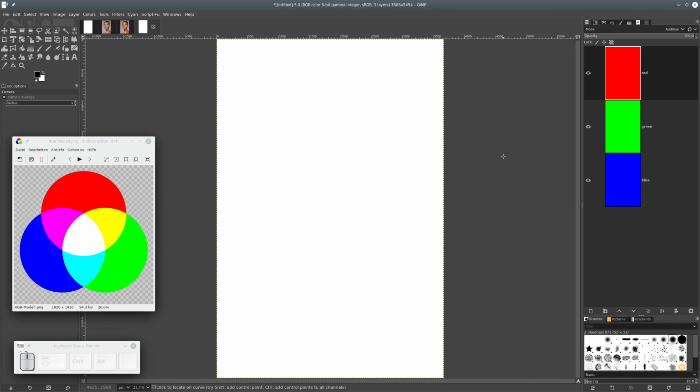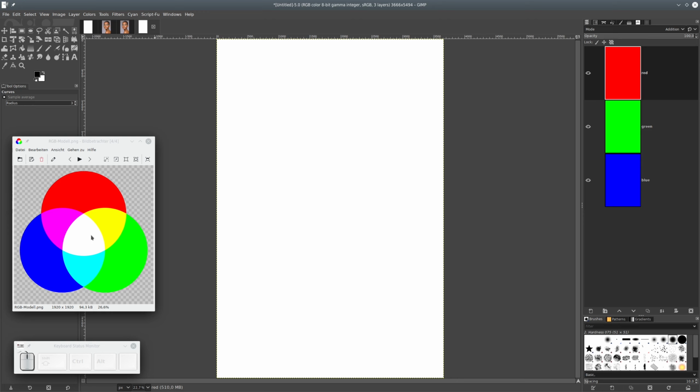To be able to get gray, we can also look at our graphics here. As you now know, if all three channels have the same value, in this case maximum, we will get white. If we want to have gray, we need to lower the brightness of all three channels, or you can say we need to lower the value of all three channels equally, so that we can have some neutral color,